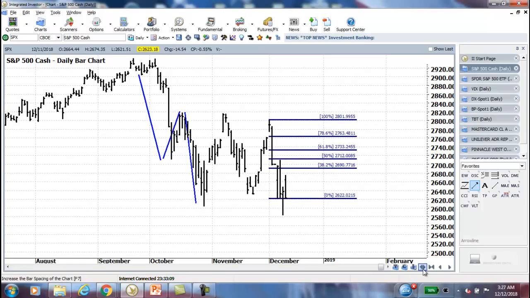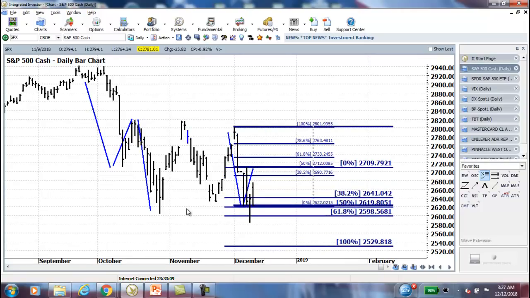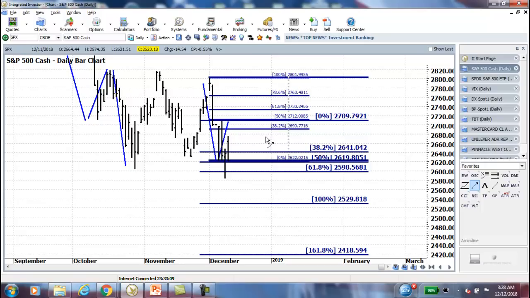And now I'll just spread this out rather than getting rid of it so you can continue to see that 50%. Or have we already had the A, which was just short-lived here, and then the bounce back to the upside right to that 50% level, and we're in the process of the C wave to the downside now. Either scenario is possible. It's going to be interesting to see which comes to fruition, but there would be the potential level for the C wave down here at the 100% extension. So we would be looking for an SPX, the cash index here in the US, somewhere in the area of